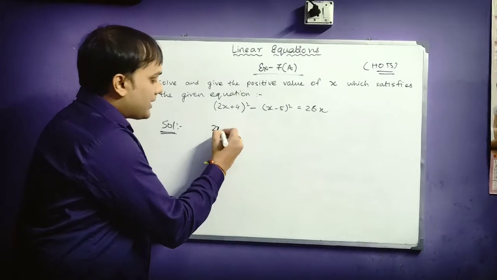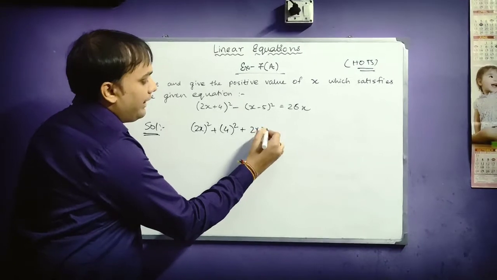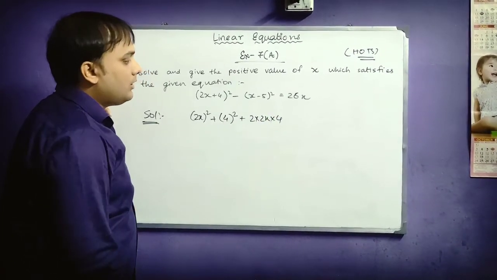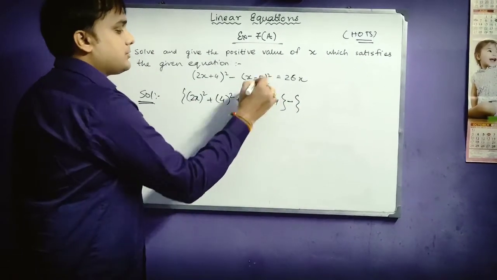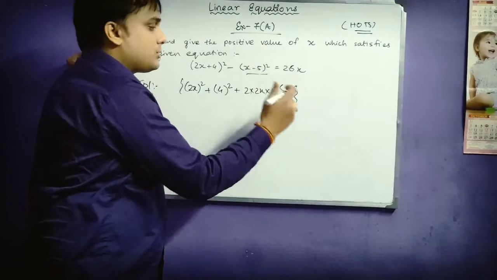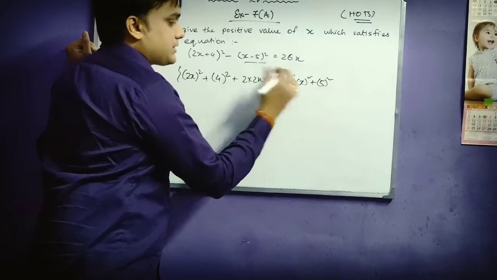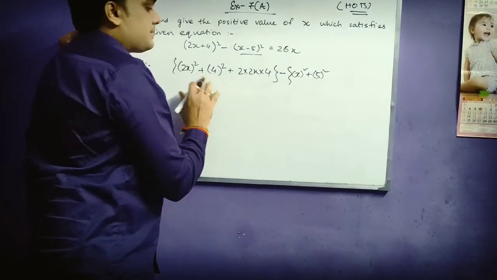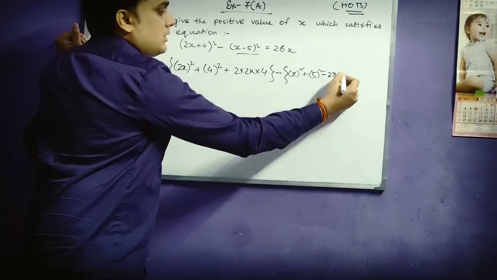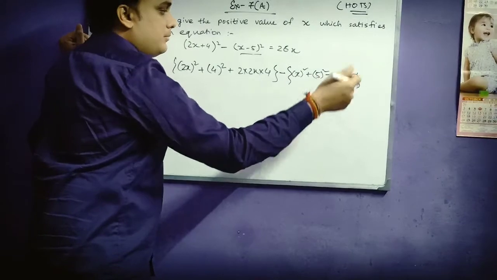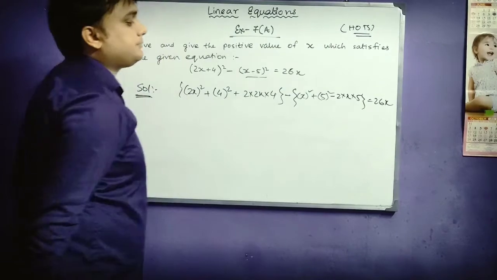So this will be equal to 2x whole square plus b square plus 2ab. Okay? Let us put this in the second bracket. Again the second bracket, let us open for this one. We will apply here a minus b whole square. So it will be x square plus 5 square, a square plus b square minus 2ab. This was plus 2ab, this will be minus 2ab. This is the only difference. Minus 2 into x into 5. This you have done in the previous chapters, which is equal to 26x.